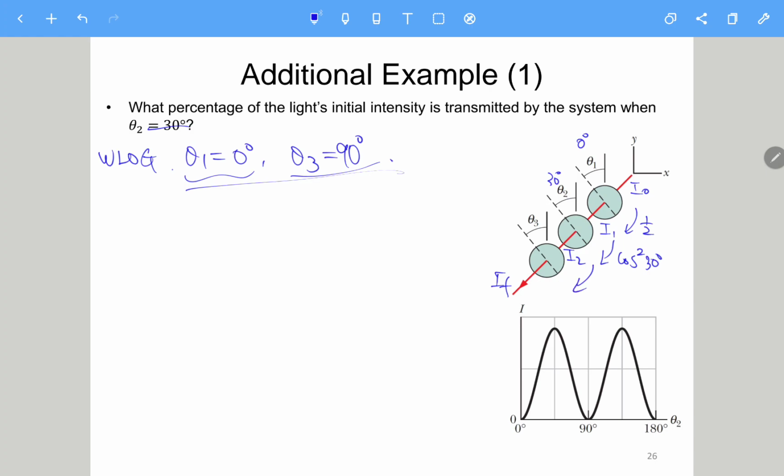And then from here to here, theta 3 is 90 degree. So we have a 60 degree between them, which means that we need to also multiply by cosine square of 60 degree, which means that IF should be I0 times, the first is 1/2 for the first filter, then the second filter is cosine square of 30 degree, and then the third filter is cosine square of 60 degree. So we have I0,